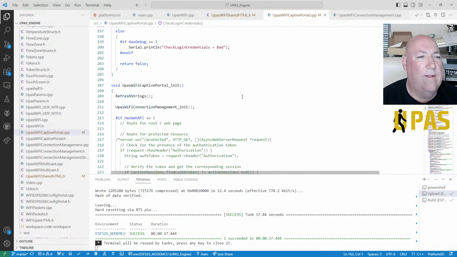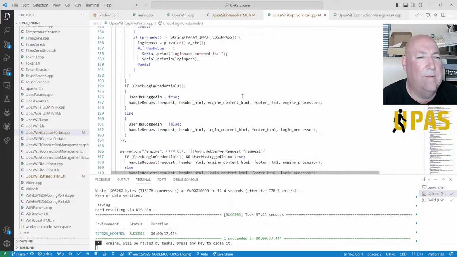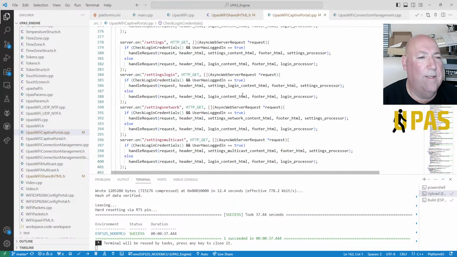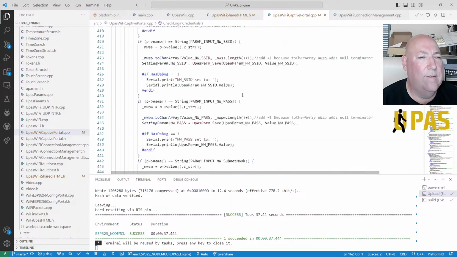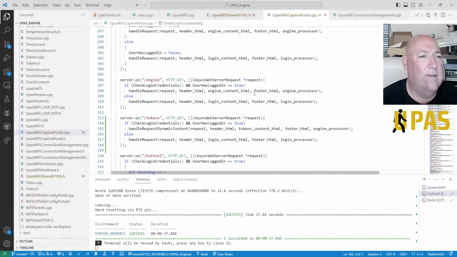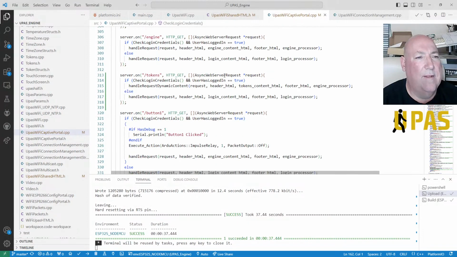Go back down the list to... where are you? Where have you gone? Oh no, lost it. Tokens. So that's a tokens site, but we need to make this up before we need to make that up. So it won't be tokens content, it'll be something else.